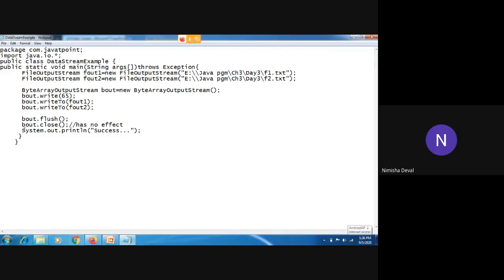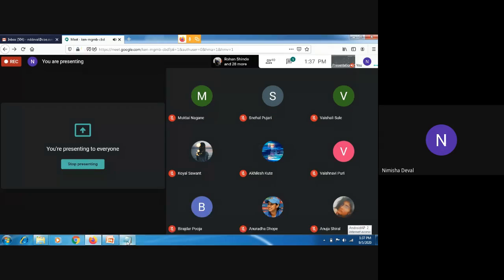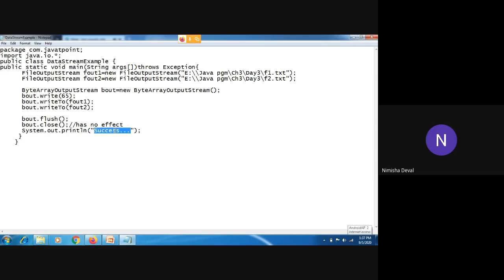Then if we want to check whether our program has completed fully or not, at that time we can use the println method. Here we can pass our own message also, so that we can find out that whatever we have done in this program has been completed very easily. Okay, so this is the meaning of this statement.